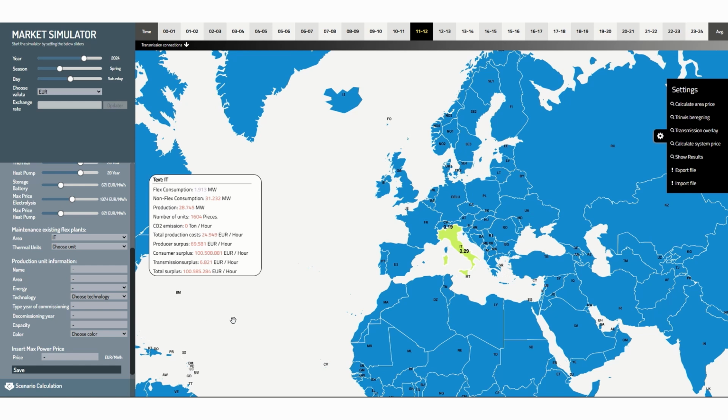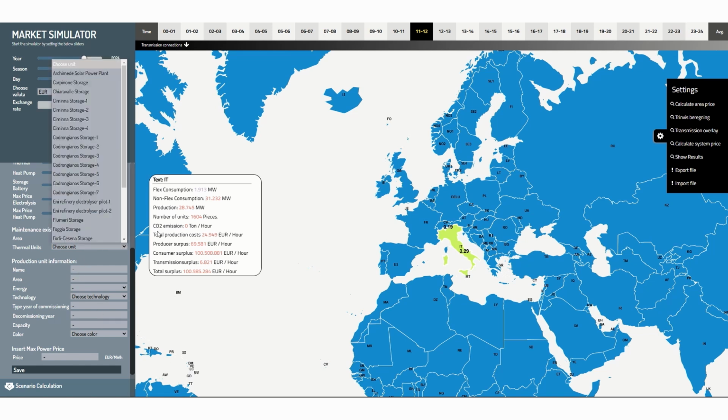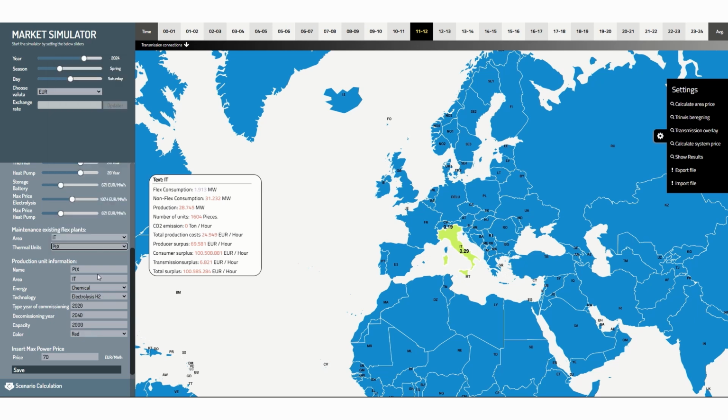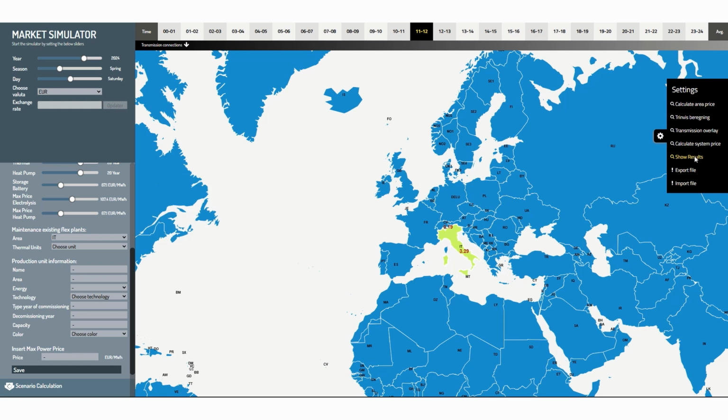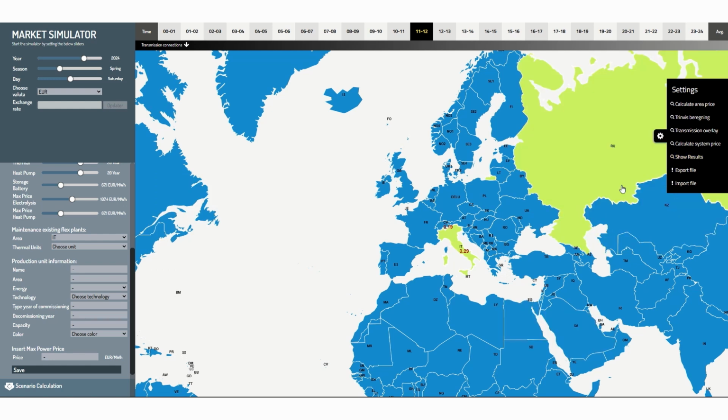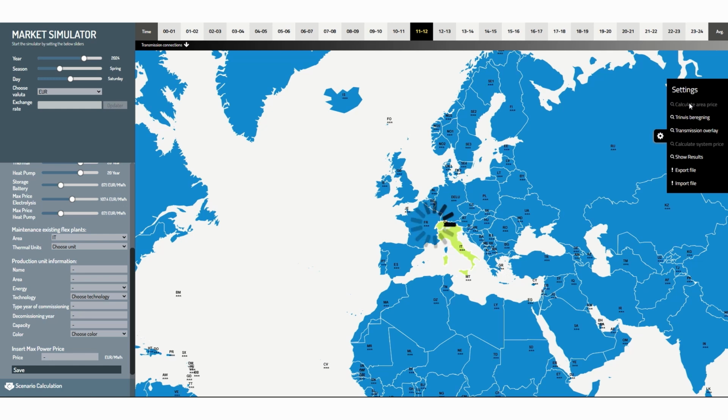I'm also able to change the values here of my unit in Italy, the power to X unit, in a way where it will not be operating. So if I say that the price here is 2 euros per megawatt hour, I save this here, take this away here, and then I do a new calculation here for Italy and Switzerland,